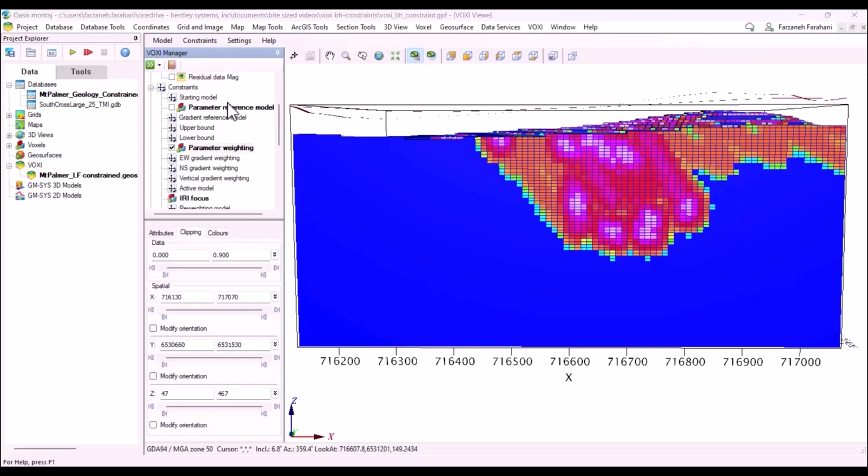As you see here under the constraint list, there are several other constraint options that you could choose, but it's recommended to just run your inversion, choosing this parameter reference model and parameter weighting. If you're happy with the results and if you have more constraints to add, then you can add those to the resulting